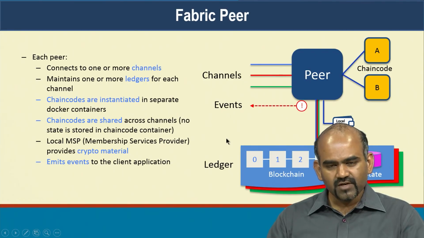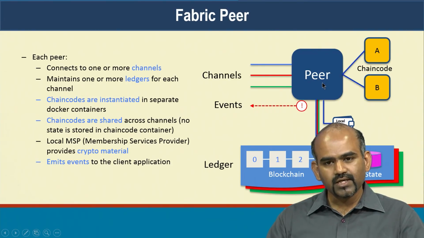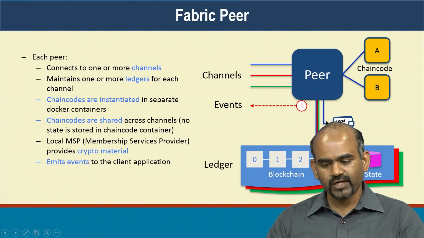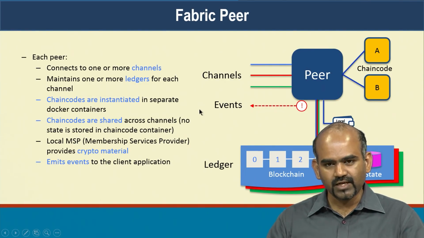And the membership service provider, we'll actually have a lecture talking about what the membership service provider does. It provides the crypto material that the peer will use to authenticate users transacting on the blockchain. There's a notion of organization, and a notion of a user within an organization. So the crypto material for authenticating and validating these users on the blockchain will be available to the peer using a local membership service provider that it maintains. There's also a notion of global membership service provider, but we'll talk about that later. So that's the overall function of what the peer does.